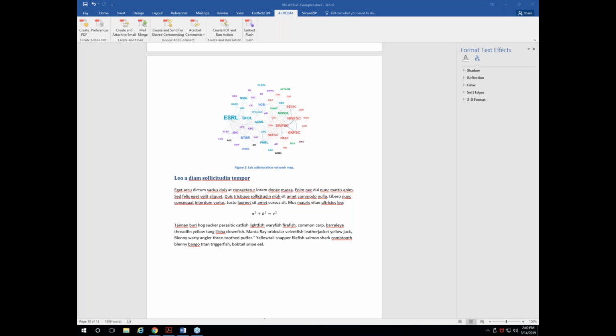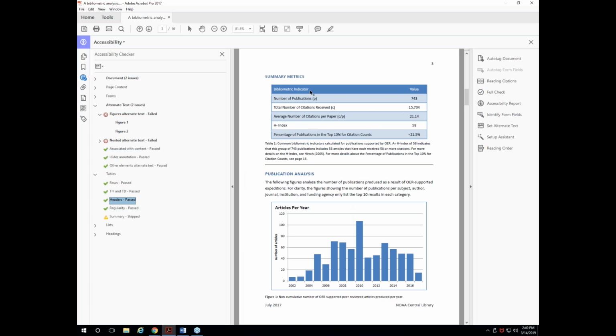So someone also asked about tables. What if a table is not a Word table, but pasted from another application, such as Excel, or it's pasted as an object? If it's pasted as an object, it's going to come in as an object and it'll be tagged as a figure. So I don't have a great example of that. And what you can do in those instances,